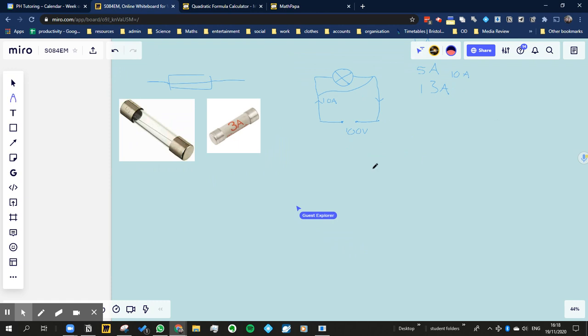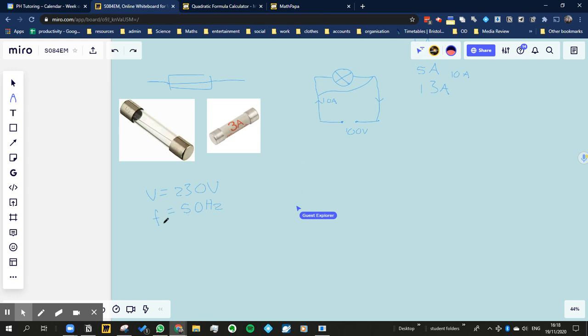So let's say that we know, from an earlier lesson, the voltage for mains electricity is 230 volts, right? We also said the frequency for mains electricity is 50 hertz. Both of these numbers they would like you to know. But we're just going to focus on the voltage, 230 volts, because if I bought a light bulb, it doesn't tell me the current that it prefers. It tells me the power. So